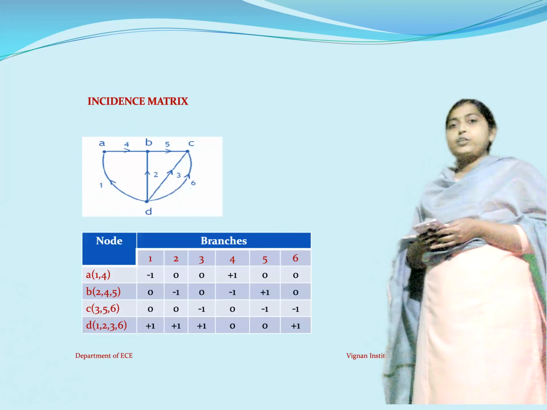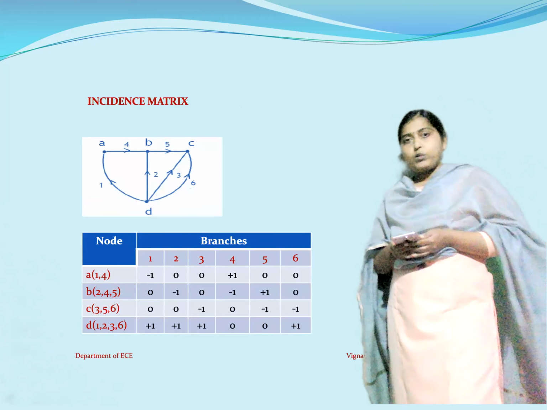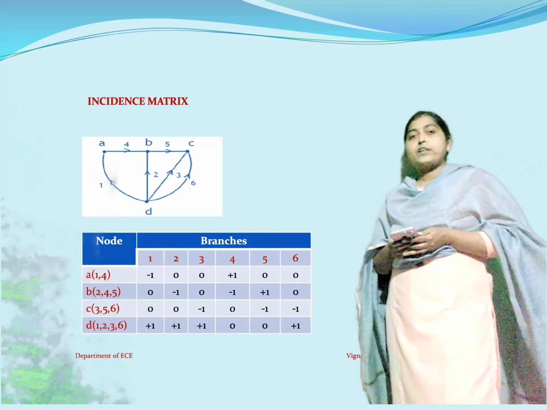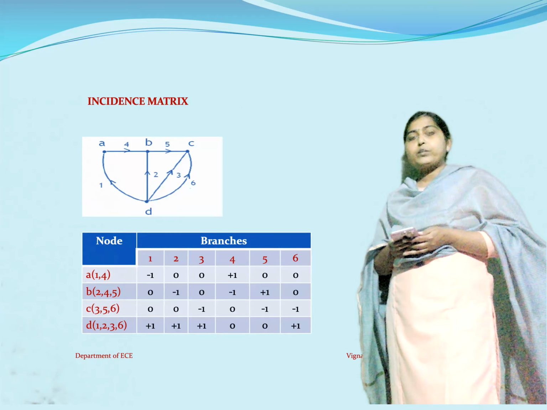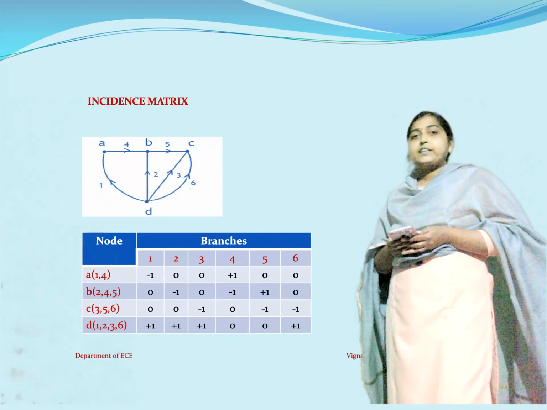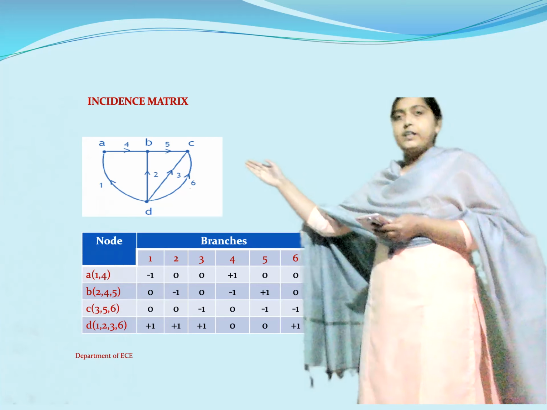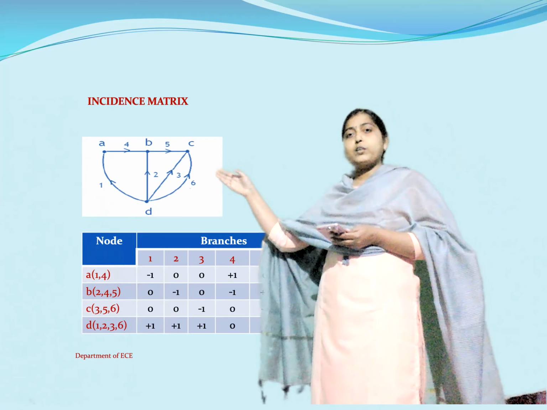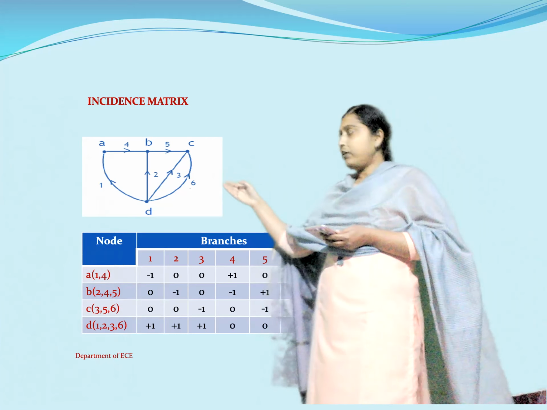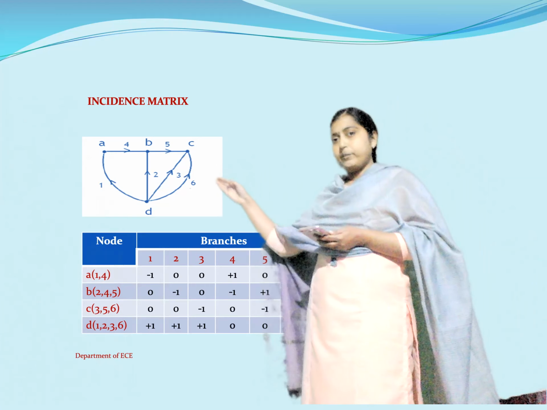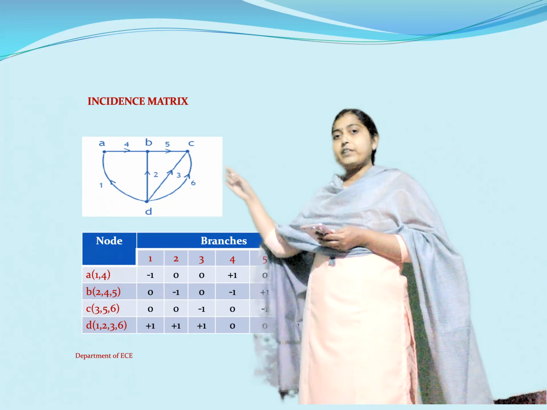Now we will discuss a new concept with respect to network graph, which is known as the incidence matrix. So what is the incidence matrix? In order to understand it, let us take an example of a network graph. A network graph is a graph which represents all the branch currents, which is why it is called an oriented graph. We already know the difference between an oriented graph and a normal graph. Here I am taking one example of an oriented graph which represents the different branch currents.